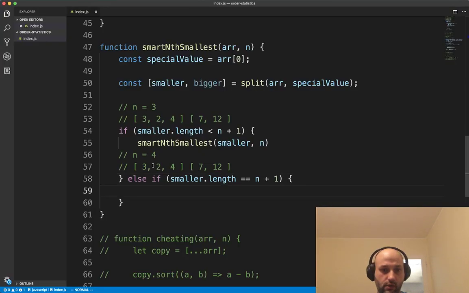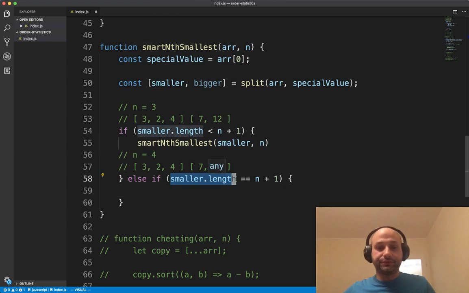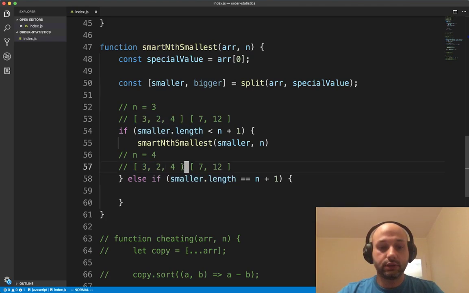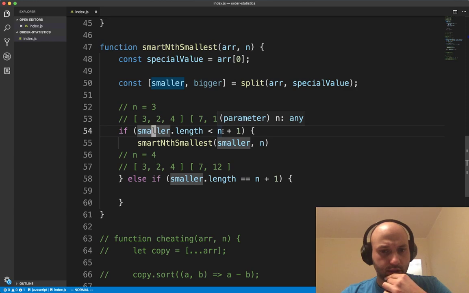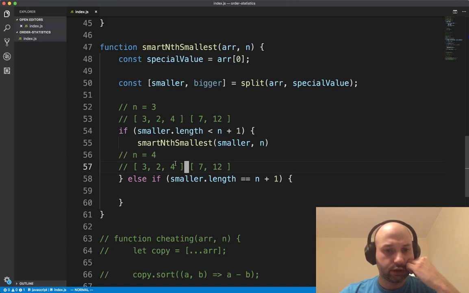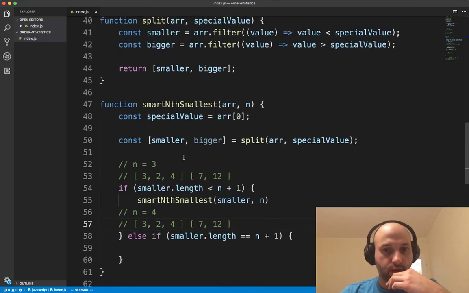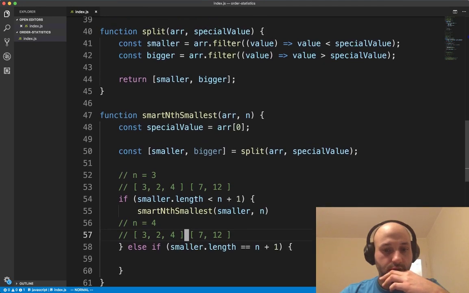Okay, so now it's going to make a little bit more sense, because this is going to be 3, right? Because this is 3, and the n plus 1 is going to be 4. So, okay, this is going to be smaller, and if we were looking for the fourth one, and the fourth one would be okay, and if we took